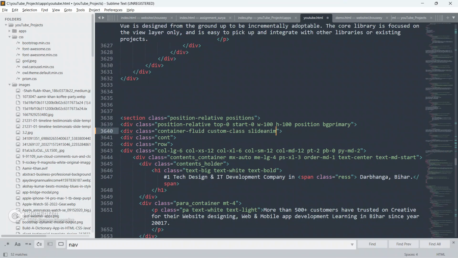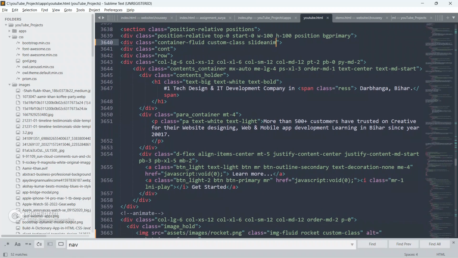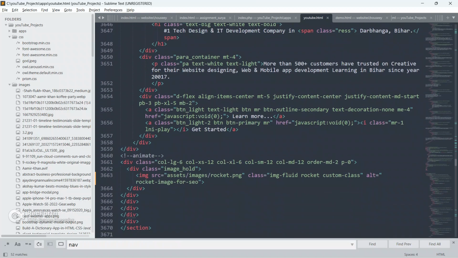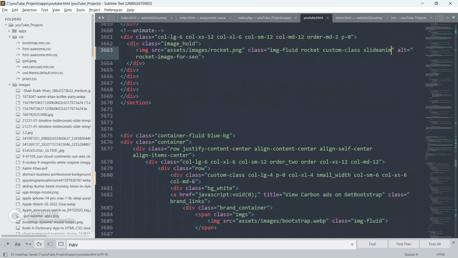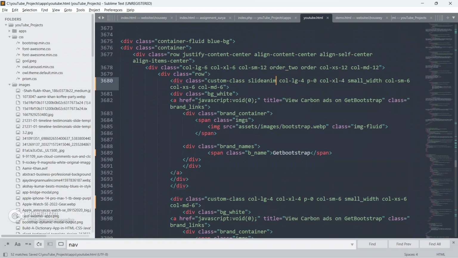So let's go to the code now, go down, paste here also. Now paste here also, go down, paste here also.